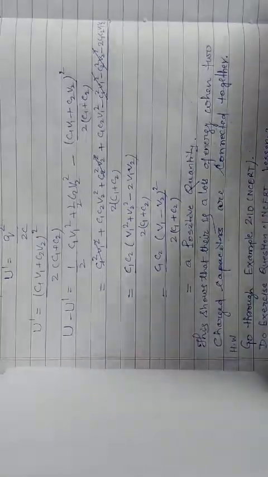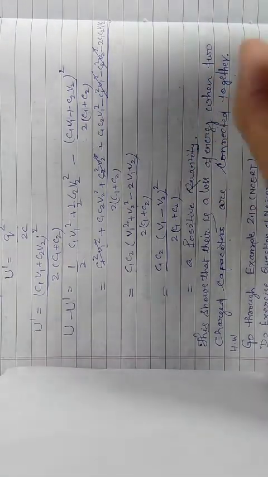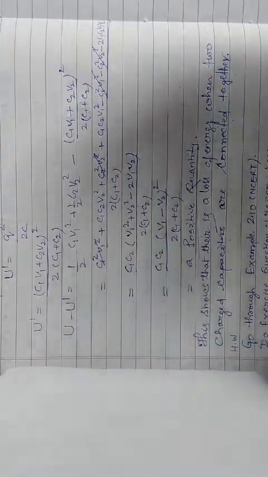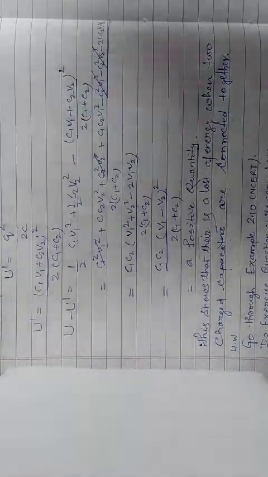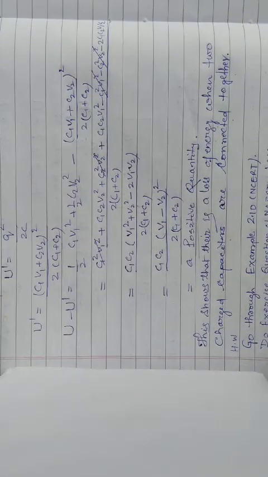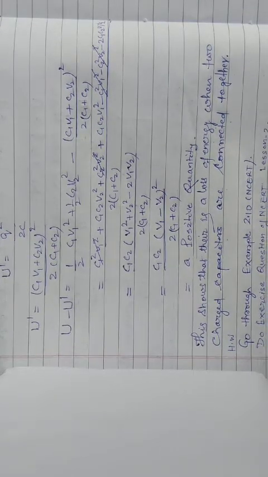And why does this loss take place? When two capacitors are connected, sharing of the charges between the plates of the two capacitors takes place till the potential of the two capacitors becomes the same, and in the process some electrical energy is lost in the wires in the form of heat energy while the charge flows. So this is all about energy of capacitors.